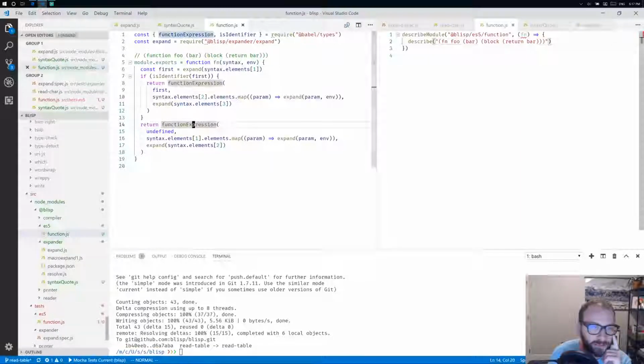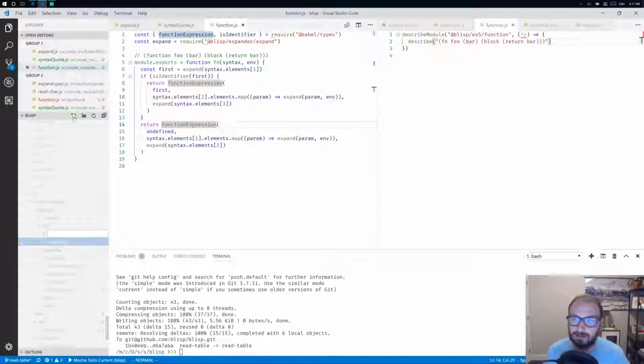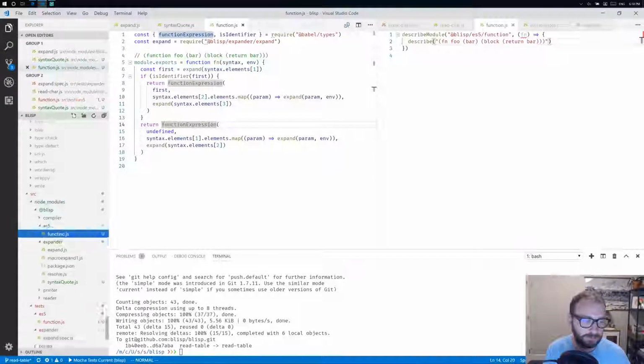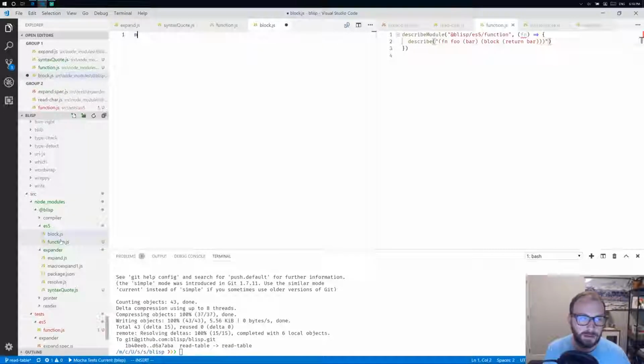All right, so I'm realizing we'll also need to write our block. Module.exports equals function block, and we'll get args and an env, and very basic form is